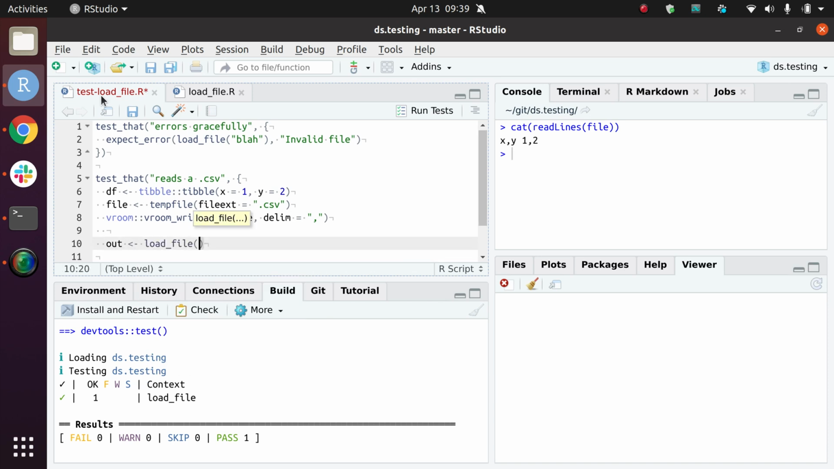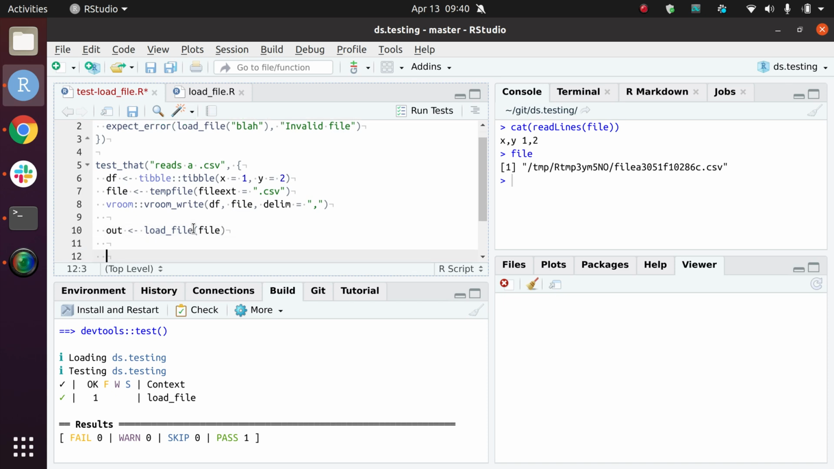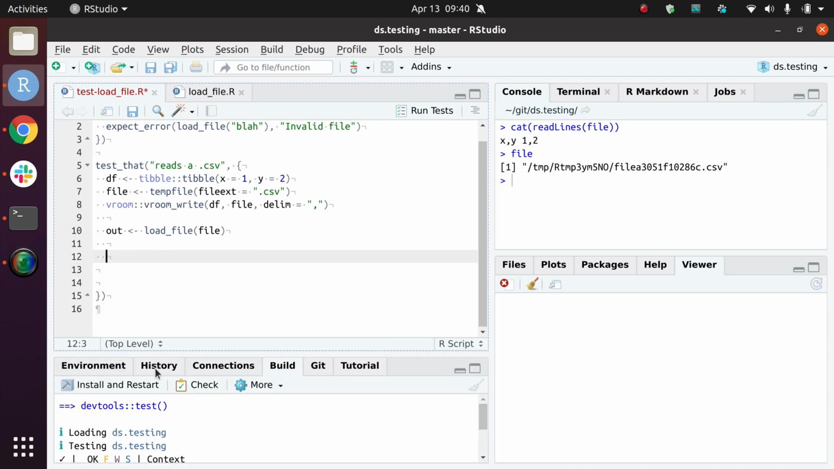Load file with the file argument, right? So this file argument is a path, right? And the load file function has an argument that can take it. So what I would like this line to do is to read that CSV file that I wrote in the line before, and then the last thing I want to do is to use the second of the two most important